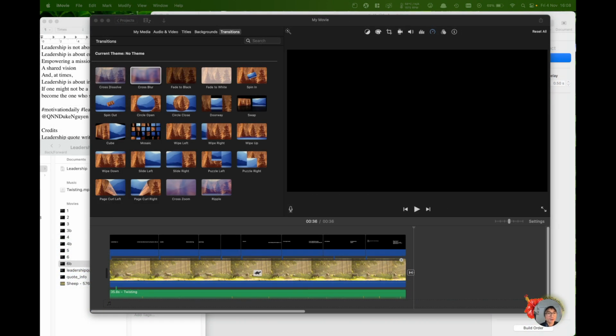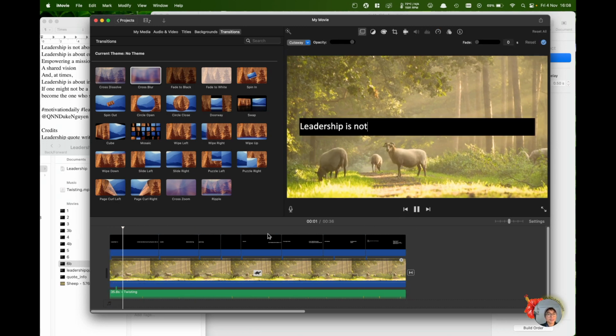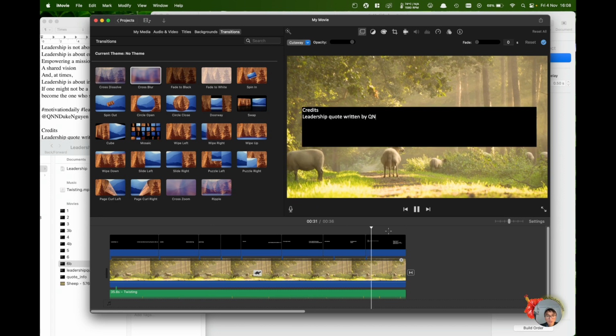So once you have all of the video components edited and adjusted the time duration to fit with your quotes, then you are ready to export the video. But before exporting, I would highly encourage you to just play it one more time very quickly to ensure that the video being played is exactly how you want it to look. Okay, so once that's done and everything looks okay, you can now